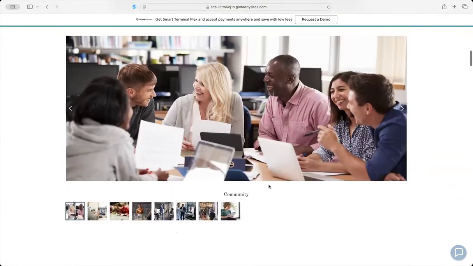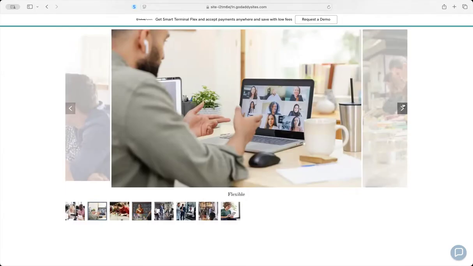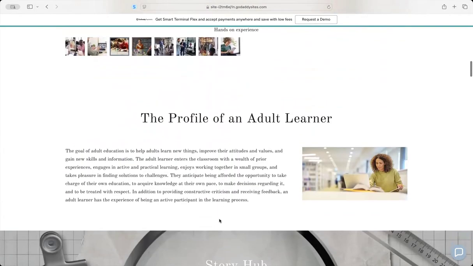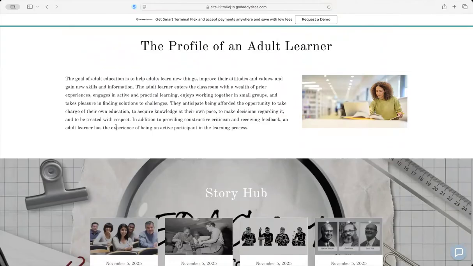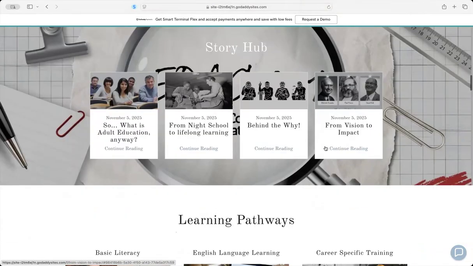Next, there are some images, and underneath the images, you can see that we have some captions. These are supposed to capture some of the core ideas behind adult education. So, for example, there's community, the flexibility of an online course, hands-on experiences, and so on and so forth down here. Next, we have a brief profile of an adult learner, and then we provide 4 stories